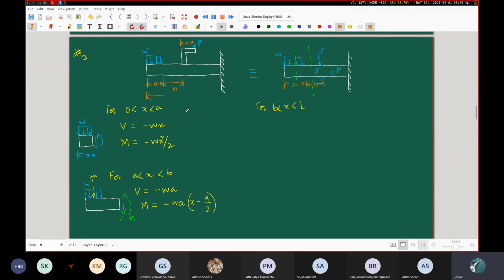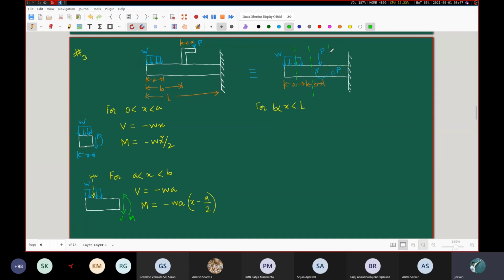I think I made a mistake in drawing this. I'll correct it. So this distance is A, but this total distance is B, and this total distance is L. Otherwise, what I have written here doesn't make any sense. Now you tell me, for X lying between B and L, I am considering